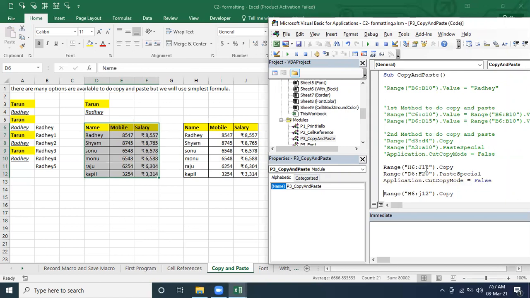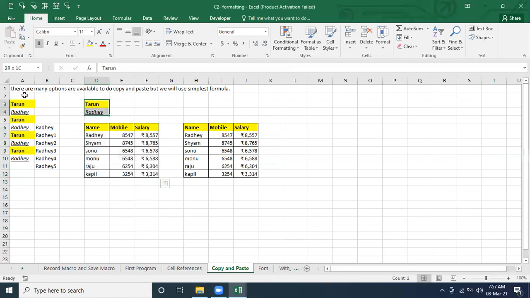Let me pick something, D3 to D4. I copied D3 to D4 and I am going to paste it to A3 to something like A18. So it should behave like that or not. We copied this area, correct? We copied this area and now we are going to paste to something different, multiple ones. So it should behave the same as what we copied earlier.